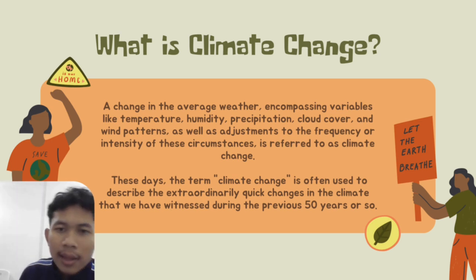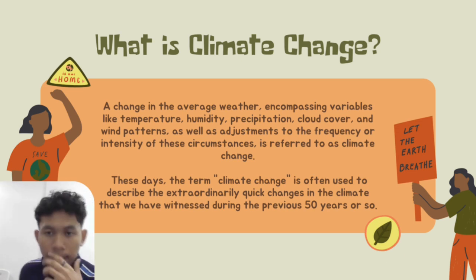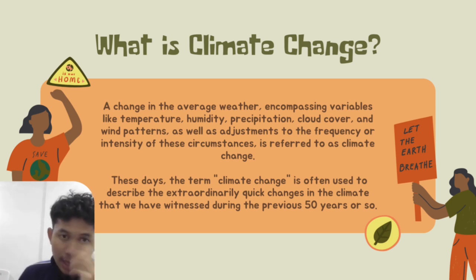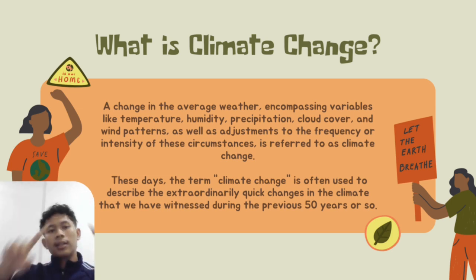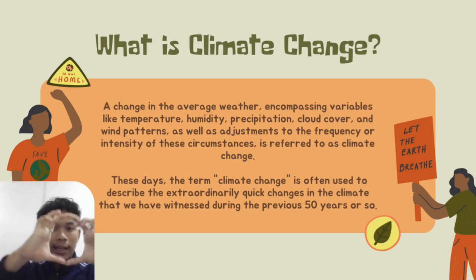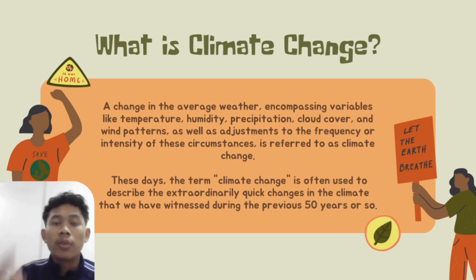So, what is the Earth atmosphere? The Earth atmosphere is a layer of gases around the Earth. It protects the earth from the sun's harmful rays, and the atmosphere also contains oxygen that we breathe. So basically, the earth has a layer of gas, which is the atmosphere. It protects us from the sun's harmful rays and also provides oxygen that we breathe.